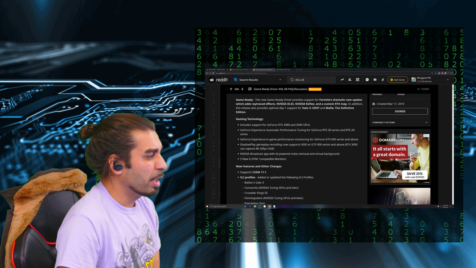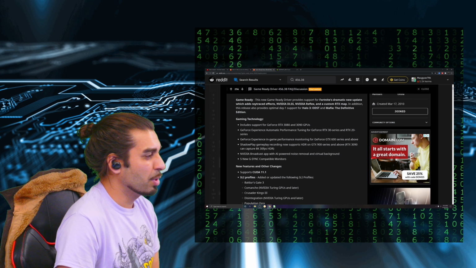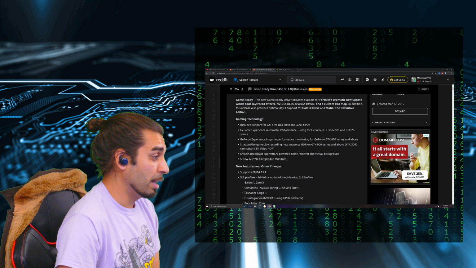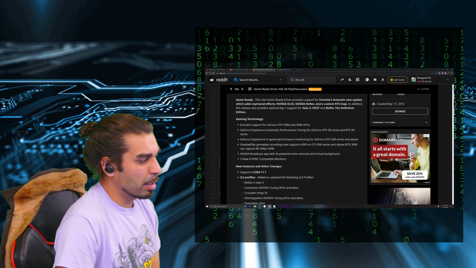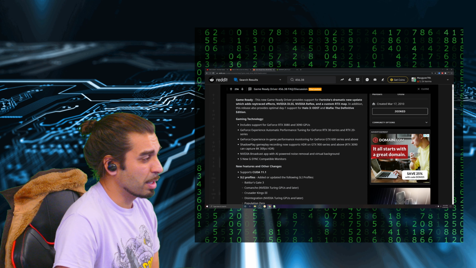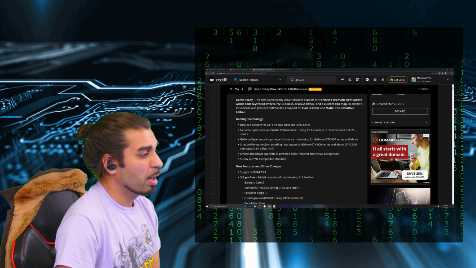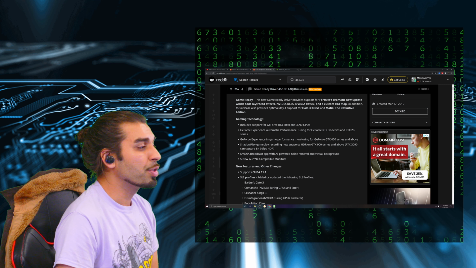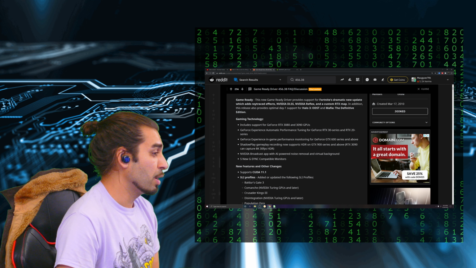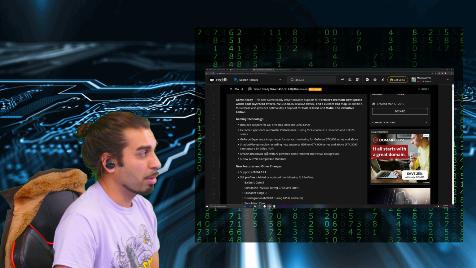We're also looking at GeForce Experience and the automatic performance tuning for the 30 and 20 series. On top of that, the in-game performance monitoring on the 600 series and above, and ShadowPlay for recording and HDR on the 900 series. Also, the RTX 3090 series can capture 8K 30 frames HDR,